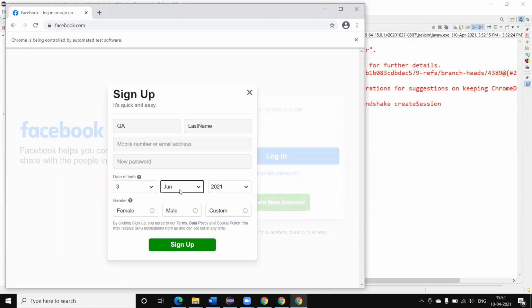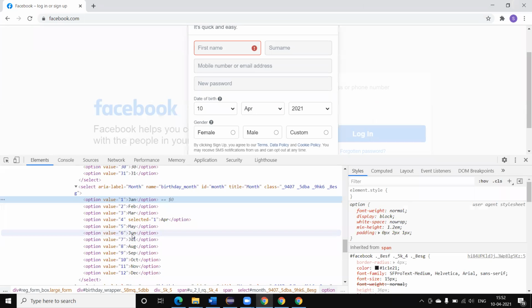Now you can see June is selected. June is the sixth month. How did we get it? You can see here June contains the value 6.